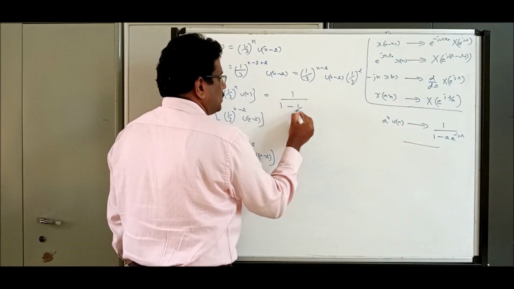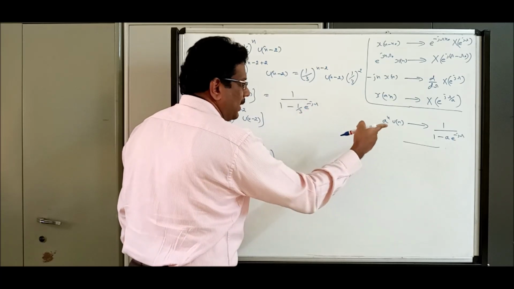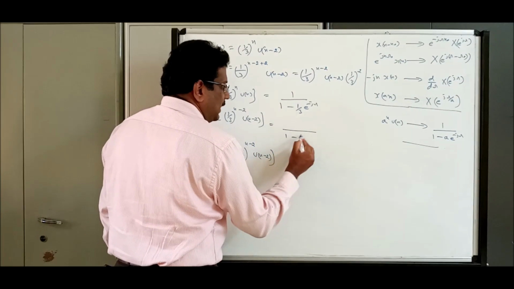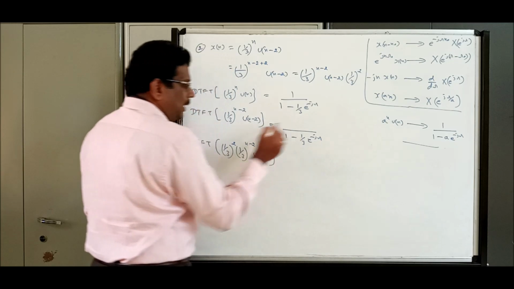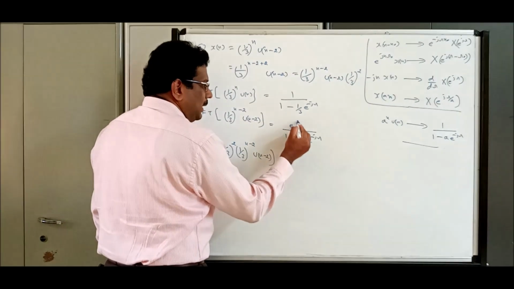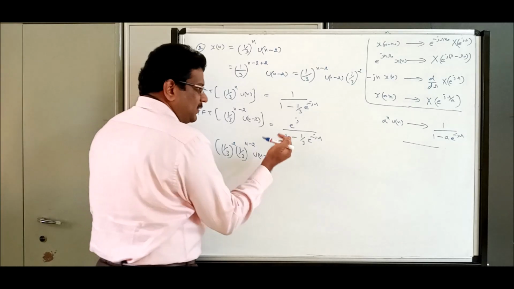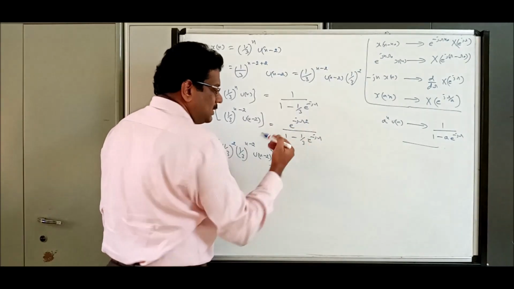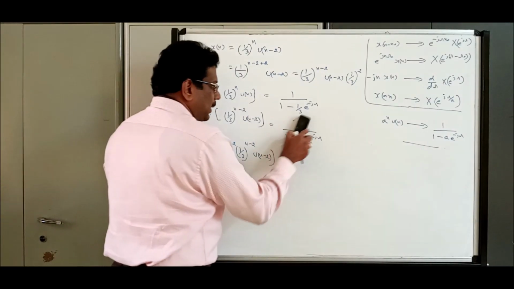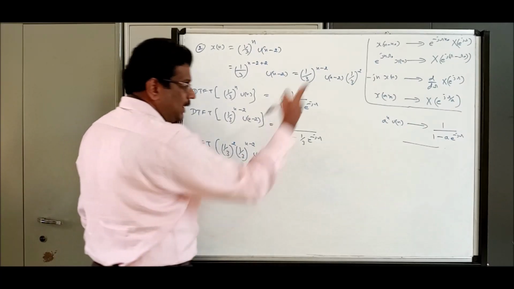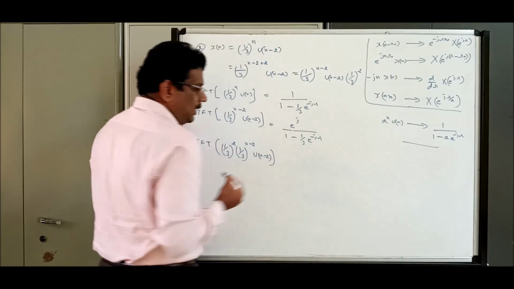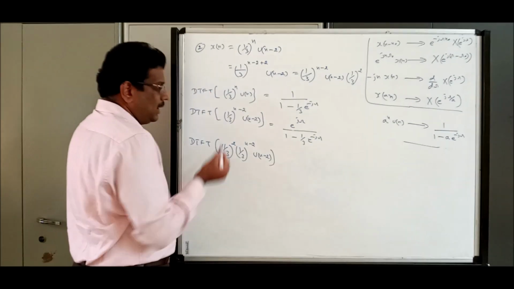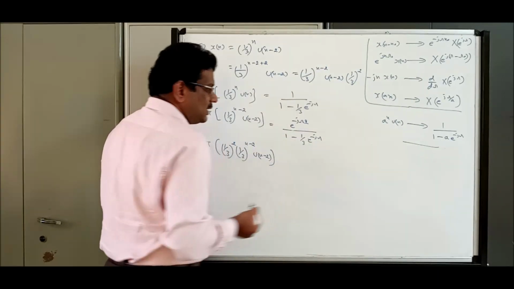1 by 1 minus 1 by 3 e power minus j omega, similar to the basic problem. Now here the same answer is getting retained in the numerator, extra. Remember, e power j, don't forget, this is frequency domain omega. Next, minus 2, minus 2. This is the procedure you should know. Again I am repeating, as per the time shift property, the first step, e power j omega, that is frequency domain, omega, second step, minus 2 is the shifting, minus 2 is the third step.